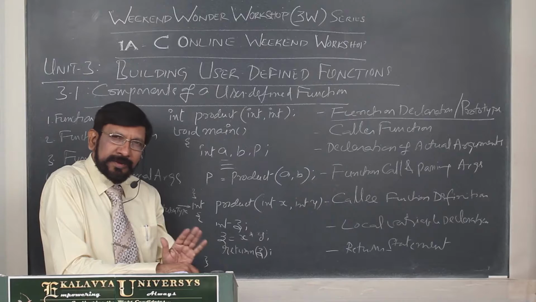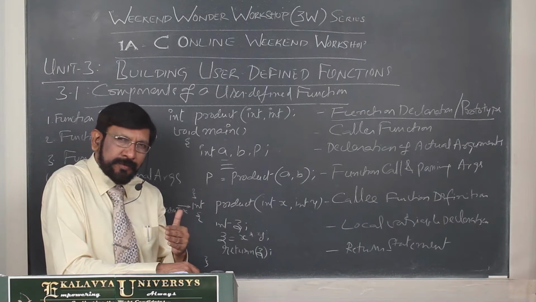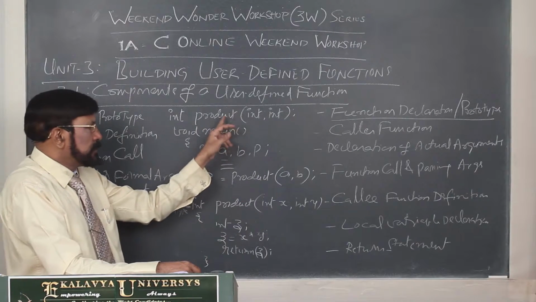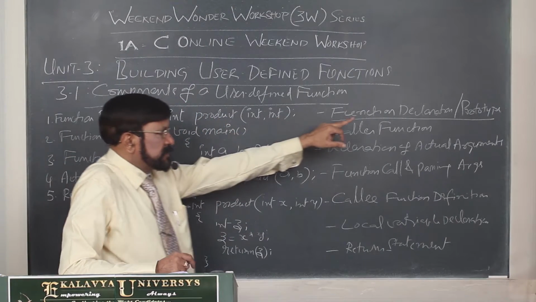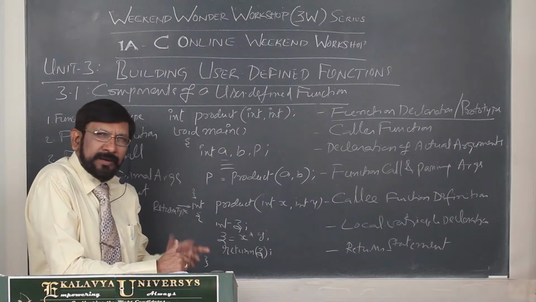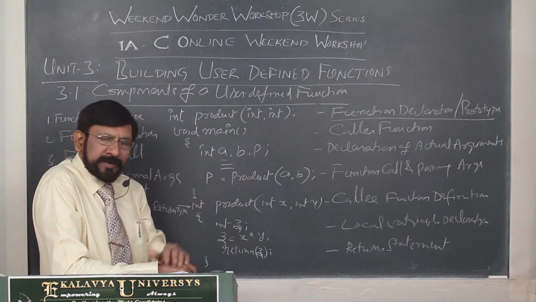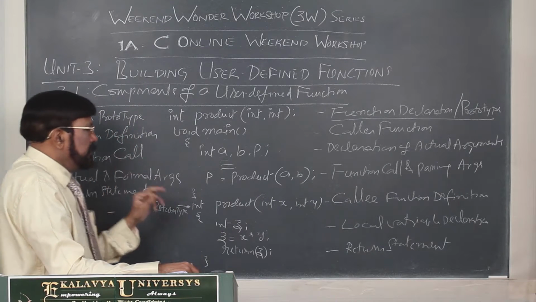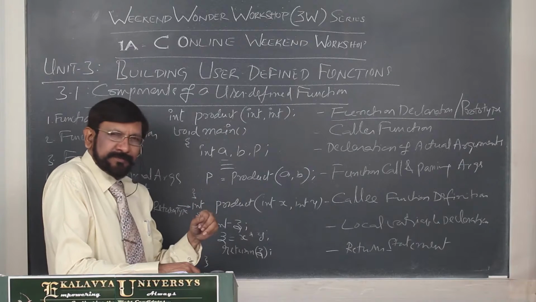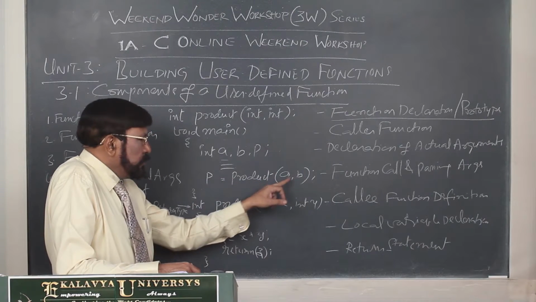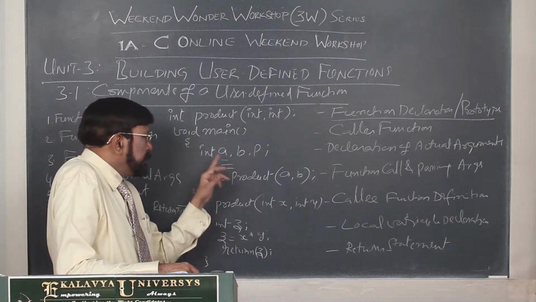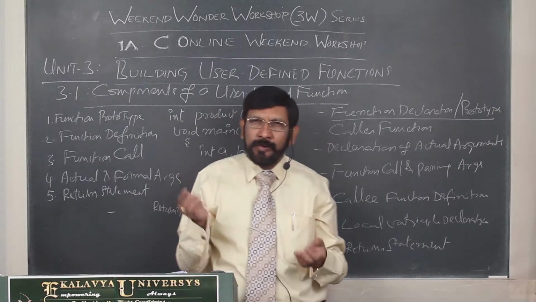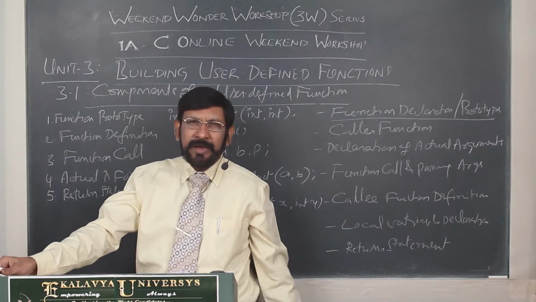So you make it a practice. Whatever function you are going to introduce in the program, going to use in the program, should be declared first. It is called function declaration or function prototype, and hereafter I may call it a function prototype. It is a very popular name. Now we are using a product function, and for that two variables we are giving of which type? Integer type. And after calculation, what type of result may it generate or return?